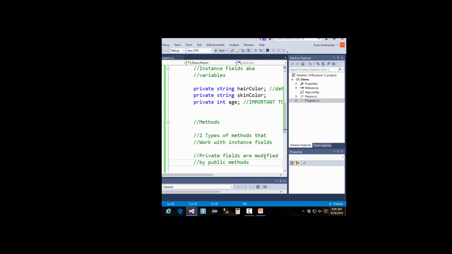How do you think, if you change age with a public method, you then retrieve data out of age? Same thing, with a public method. Okay? Now this is